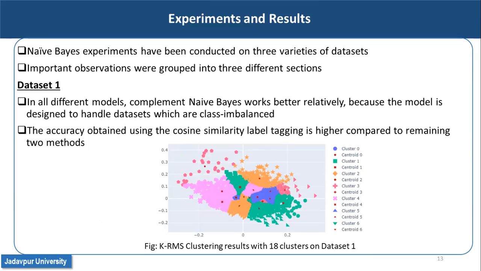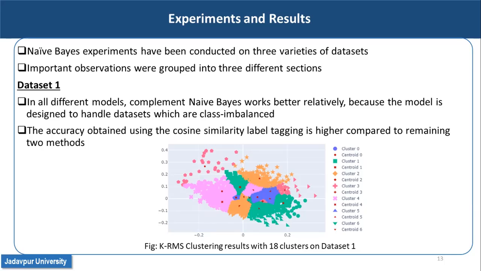The experiments have been conducted on three data sets, and the observations are grouped into three different sections. So here we see data set one. First of all, clustering was done to generate the labels, and there are 18 clusters on the data set. Using the K-means technique, the clusters and the centroids have been computed and shown in the figure. And among all the different models, complement naive Bayes has been found to work relatively better because they are